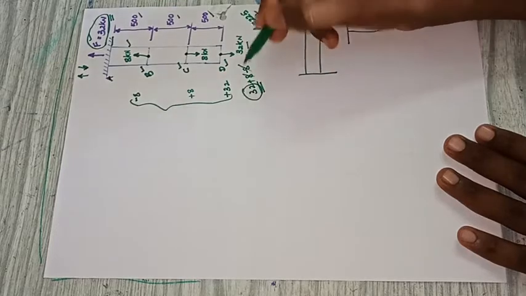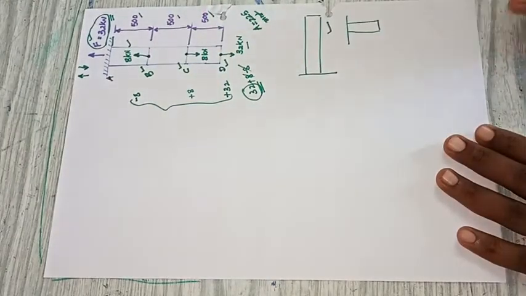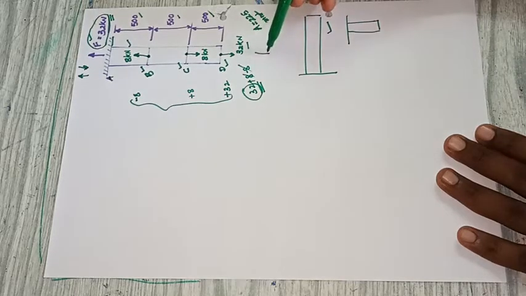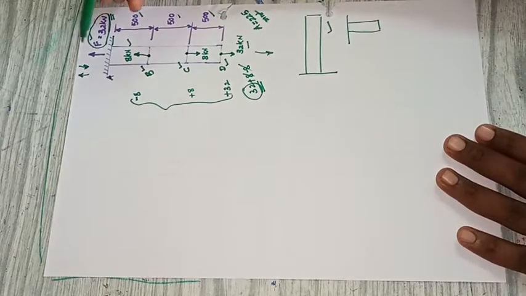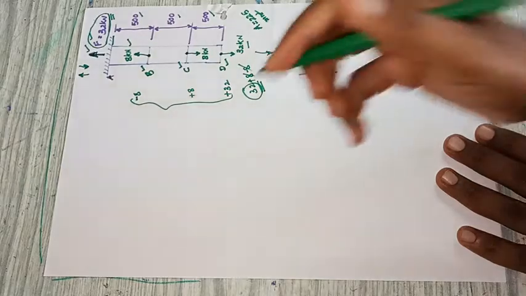32 is the force which is acting downward. If we consider all the forces, 8, 8, 32, the 32 will have the most impact. If you make a summation of all the forces, we get 32. It's a tensile force. Tensile force means it is acting downward, and there is an elongation in the bar. So the final load is acting in the downward direction, and definitely the reaction force will be opposite to this. What will be the magnitude of the force which is acting as the reaction force?